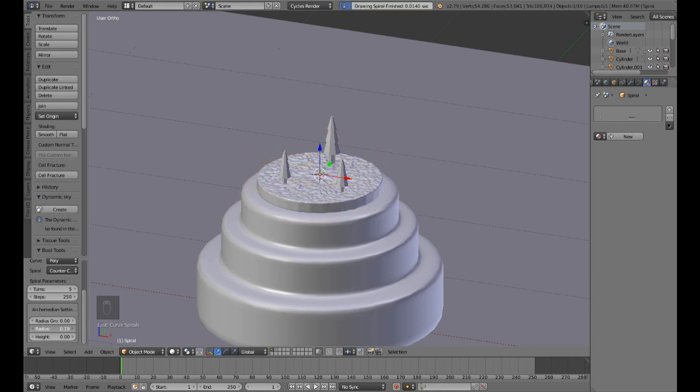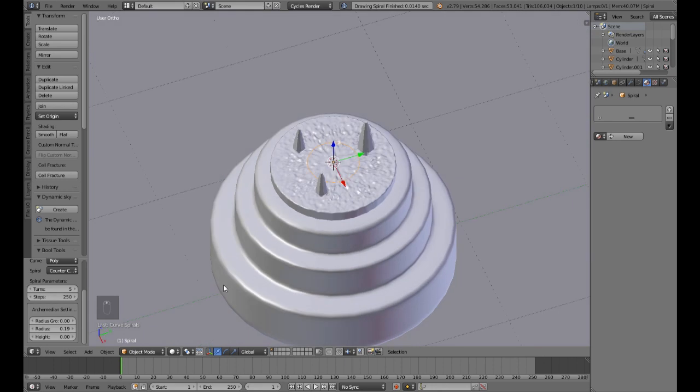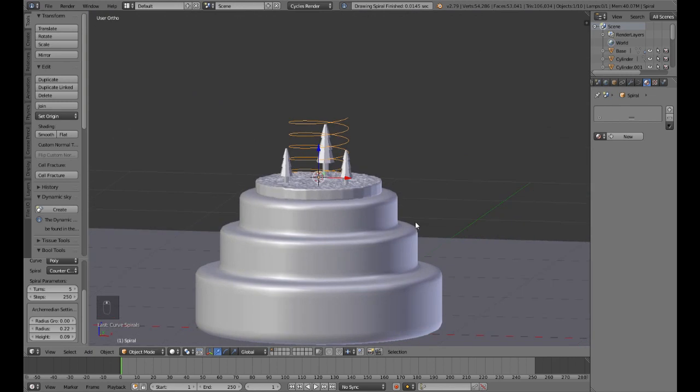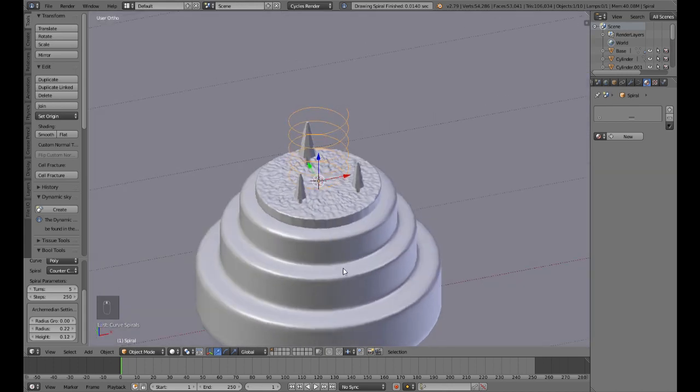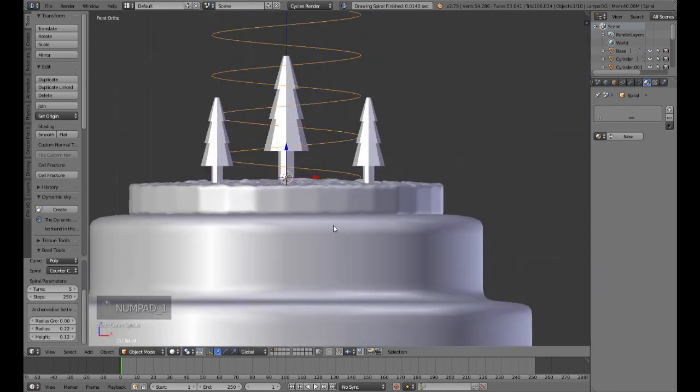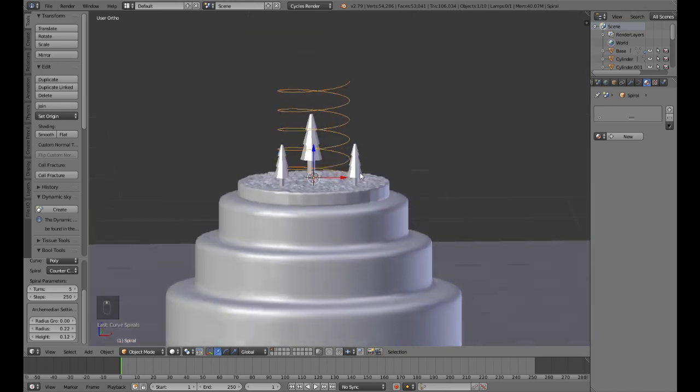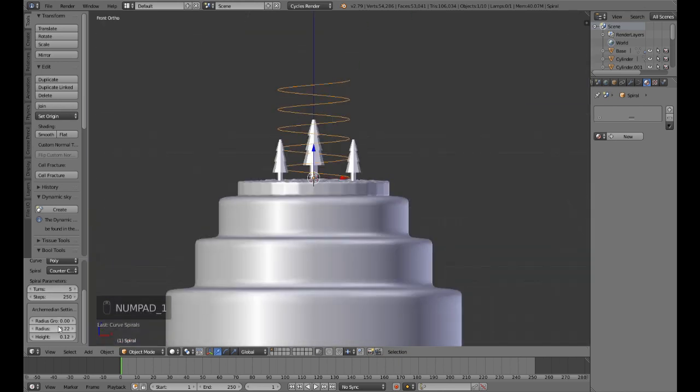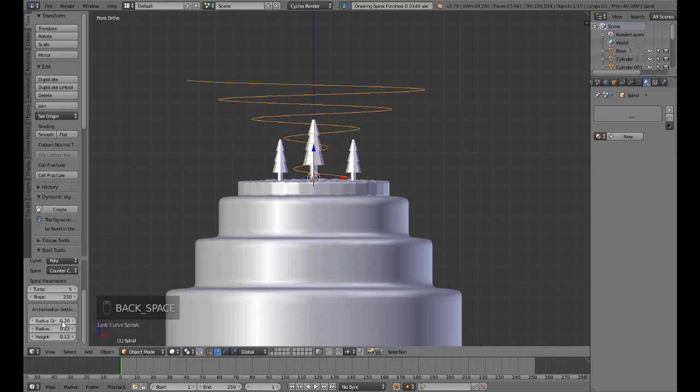So I'll be giving it a very little radius, maybe even more, 22, yeah, something like that. And for the height I'll be increasing it, I will give a height like this. Now you can see that a spring-like spiral structure has popped up from the circle that we had created there. And the radius growth, I want to give it a negative 0.2 value, so that,